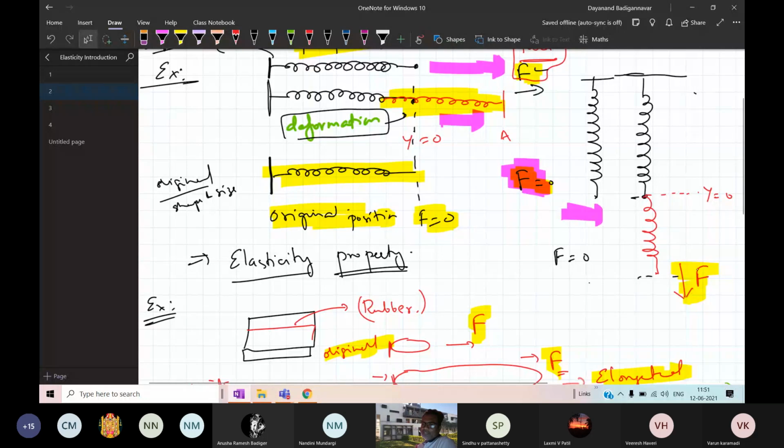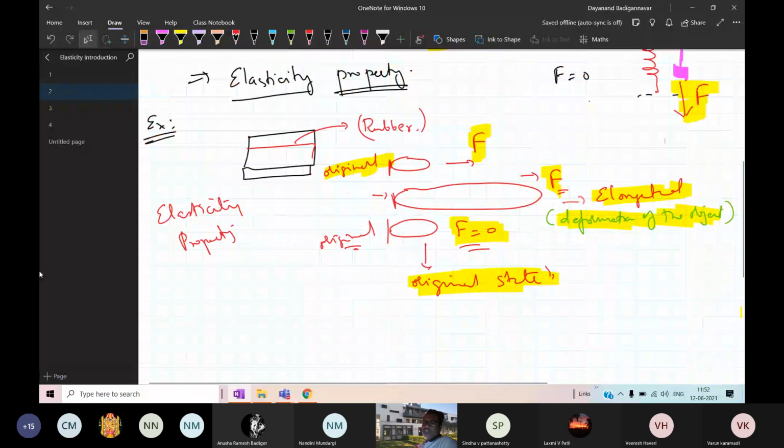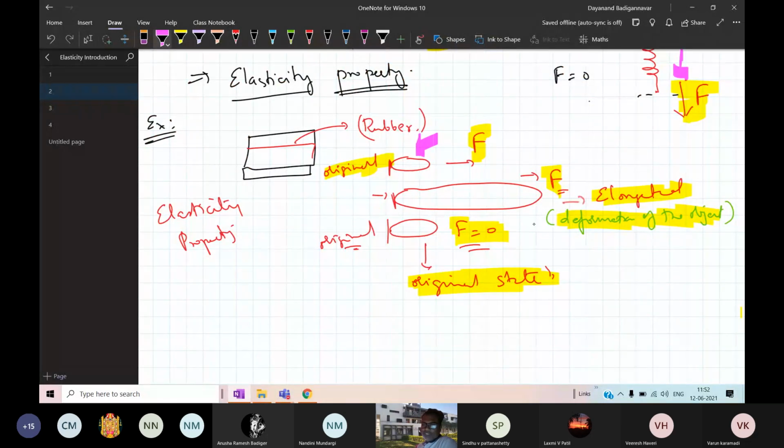Similarly, here I have the vertical spring. This is the direction of the force that you have applied. Once you apply the force, it gets elongated, and if you release the force, it goes back to the original shape. Similarly, here is the case of a rubber band that is used in a sweet box to cover it. That is also exhibiting the elasticity property. The rubber band is very small in size, and if you apply the force, it gets elongated. Look at the length; it is almost 5 to 6 times greater than its actual dimensions. If you remove the force, it goes back to the original position. So these are examples of elasticity.